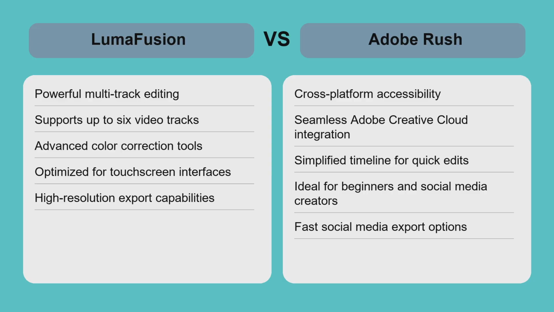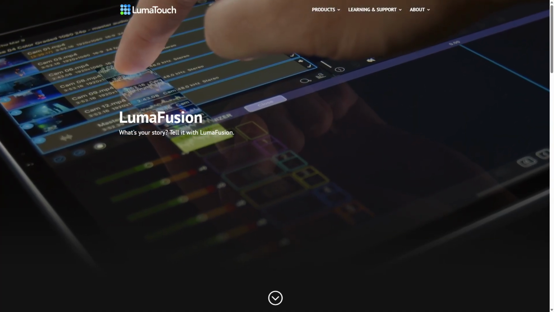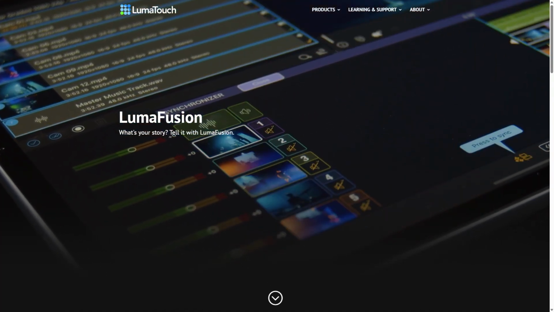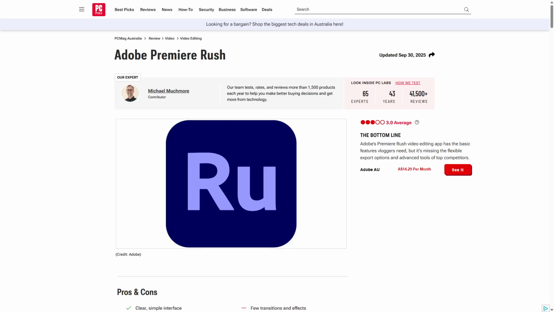Choose LumaFusion if you want professional-grade multi-track editing with advanced tools on iOS devices and prioritize detailed control over your video projects. Adobe Rush is best for users seeking a simple cross-platform editor with seamless Adobe Creative Cloud integration and fast social media exports. It's perfect for beginners and creators needing flexible workflows across multiple devices. Pick the editor that aligns with your device and editing